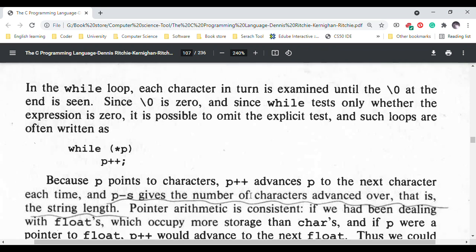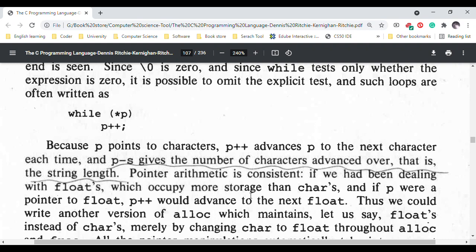In the while loop, each character in turn is examined until the '\0' at the end is seen. Since '\0' is 0, and since while tests only whether the expression is 0, it is possible to omit the explicit test, and such loops are often written as: